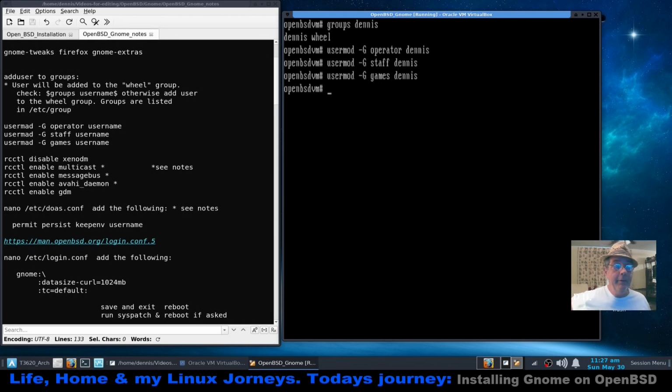So now it's time to turn off and turn on some services. And OpenBSD does that through rcctl. And we're going to, first thing is disable gnome-dm, which we didn't enable that in the base install, but it's enabled. Trust me, you're going to want to disable it. Now I'm going to do